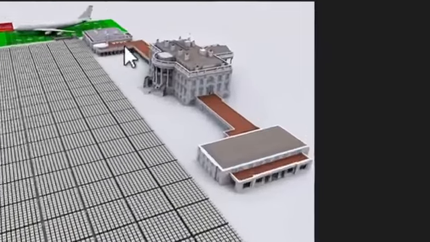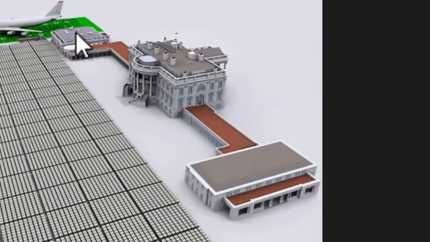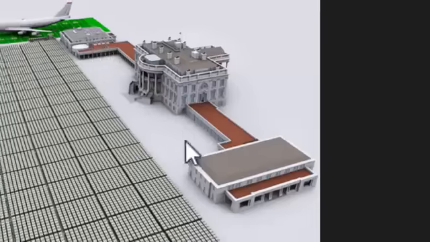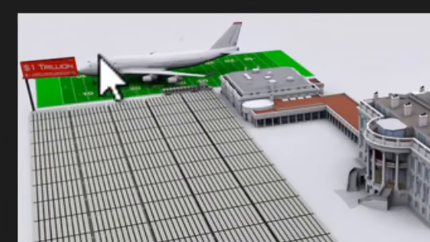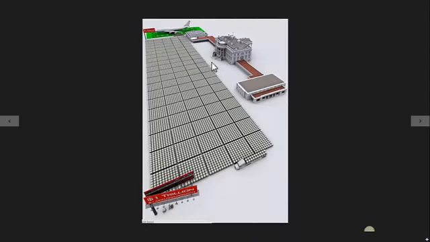You see this thing right here, this big old building? This is actually the White House. Left wing, right wing, and the main mansion. Okay, look, this is the White House, guys. Look at all this money right here sitting next to the actual White House. Alright, if you look back here, you'll see a football field with a plane sitting on it. If you put this plane next to it, it probably would go to right here. The football field probably would be half of this, guys. This is how much $1 trillion really is. All right, now that's to just give you a scale, a mental picture about how much $1 trillion looks like.